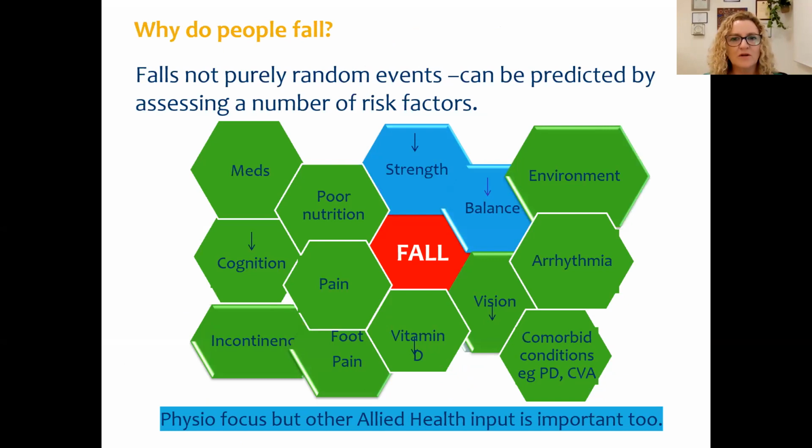So to take a look at falls, as a physio, I was looking predominantly at those 2 blue things, but we do need to acknowledge that falls are multifactorial. It's not just strength and balance. And if you have somebody in front of you who has polypharmacy, for example, reduced cognition, pain in their foot, Parkinson's disease, cataracts, and requires a pacemaker, then just doing strength and balance alone is not going to be enough. There's a real role for multidisciplinary care in falls. But for the purpose of this particular presentation, I'm going to concentrate on the exercise approach to the management of